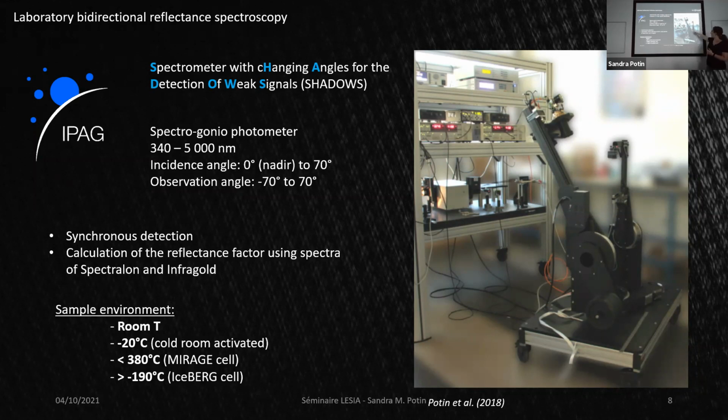You can see that both arms are installed on rotational stages, so we can change the angle at which we send the light on the samples and the angle at which we catch the reflected light. Everything is also put on big rotational stages on the ground, so we can turn around the samples and we can also change the azimuth angle. With this one, I used to acquire for each sample 71 different spectra, each taken at a different geometry.